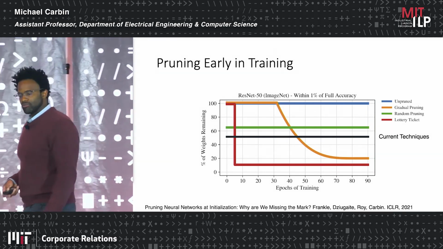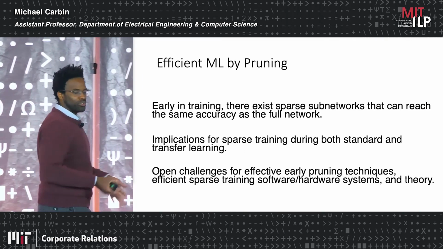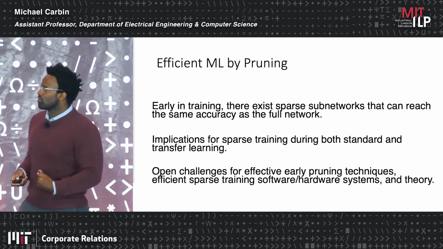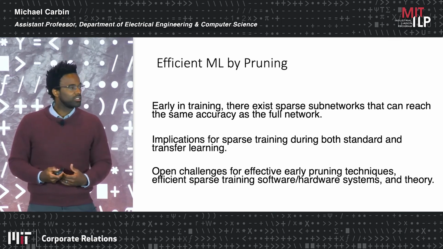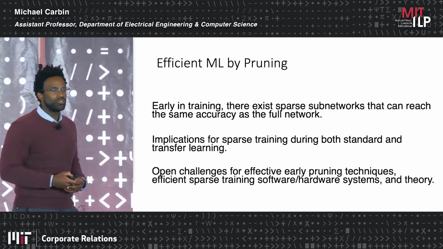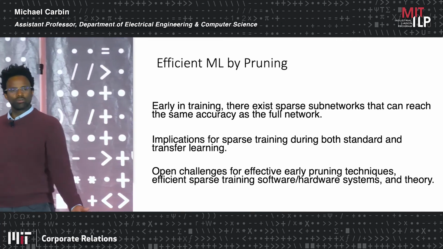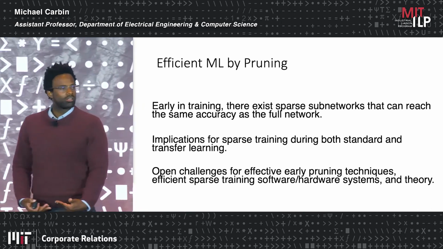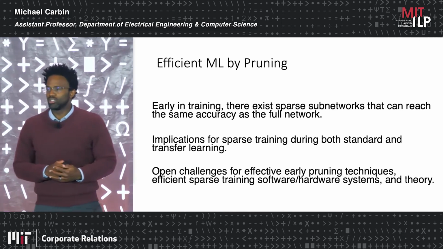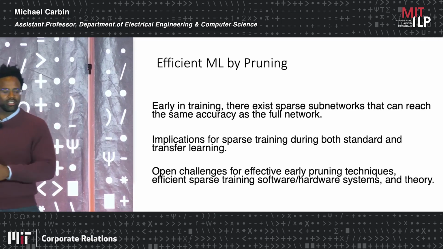So to wrap up, what I've talked about today, at least in the small core technical part, is efficient ML by pruning, perhaps by changing the algorithm. But early in training, there exist these small, sparse subnetworks that are just as good as our original networks. This has had and continues to have strong implications for both standard training and things like transfer learning, where perhaps we learn these small networks and then transfer them to a different problem. Many people in the literature have shown at this point that that can be a productive way to reduce the cost of training on that secondary task.